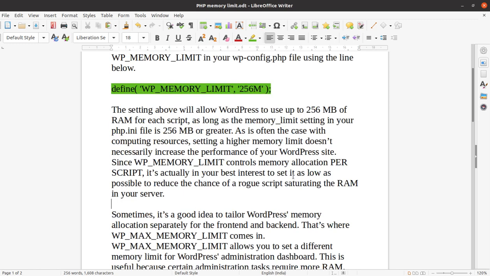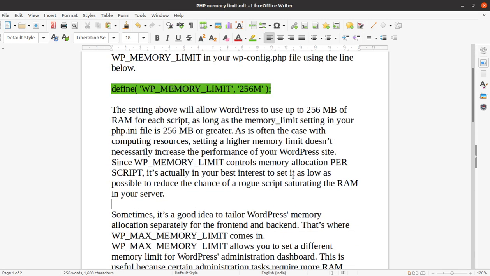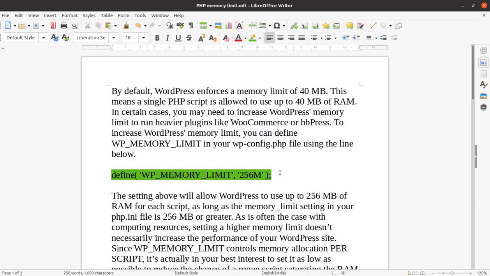Just in case you are using a certain plugin or add-ons on your WordPress installation, and you are thinking that you can increase the WP memory limit and that will definitely increase your website performance, it is not so.